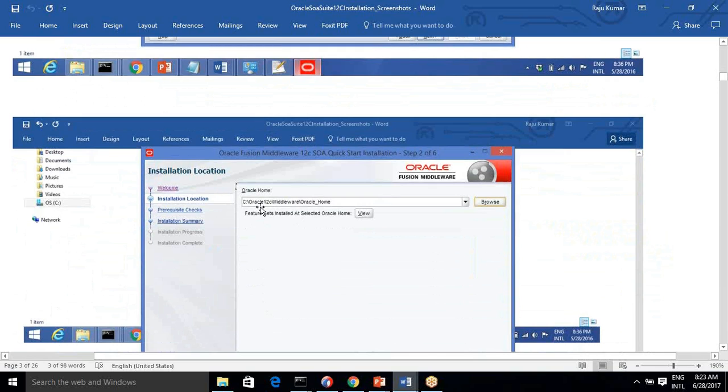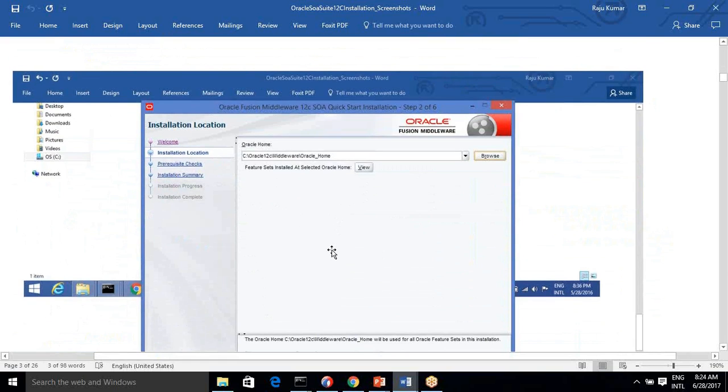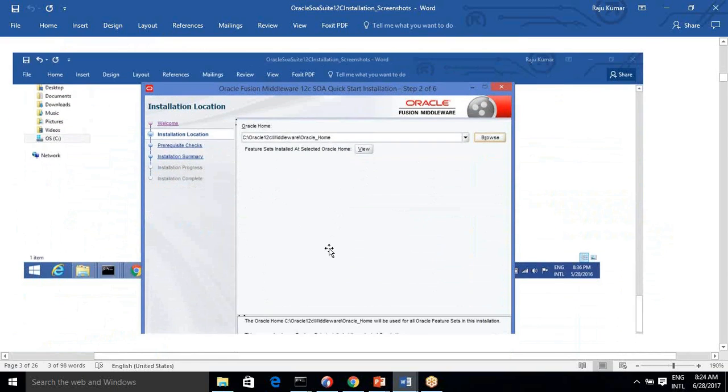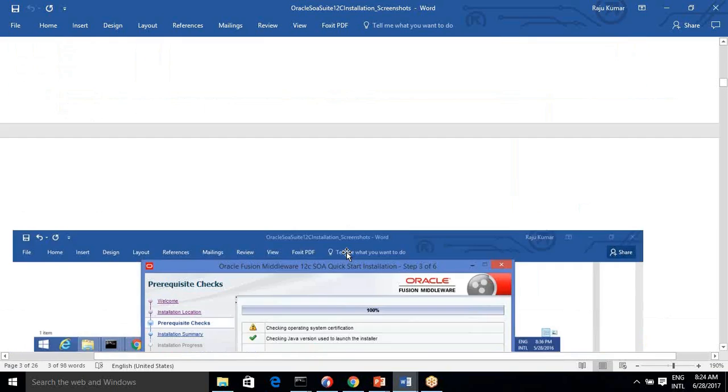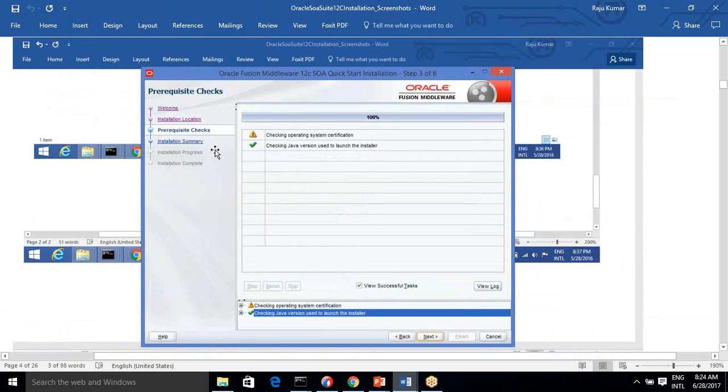You can create a directory with Oracle 12c and select this kind of path: Oracle 12c middleware Oracle home. So don't install in the same Oracle directory, because there will be conflict with the JDK and those things, and your server will not start and will not work properly. So go with a fresh, new directory. Okay, so create a 12c directory, browse and change the path, and then it will tell you